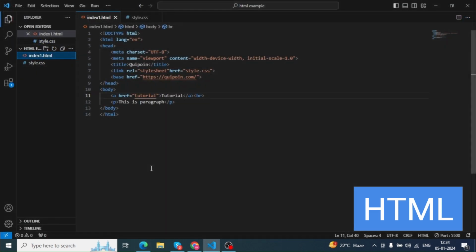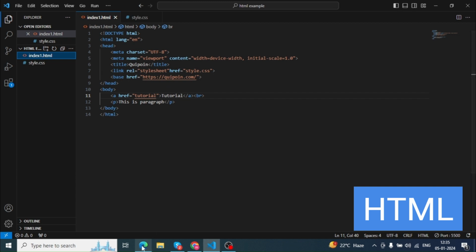Next is the base element. The HTML base element is used to specify the base URL and a base target for all the relative URLs in the page. In this example, the base URL is set to https qpoint.com. So the relative URLs in an anchor tag will be resolved based on this base URL.